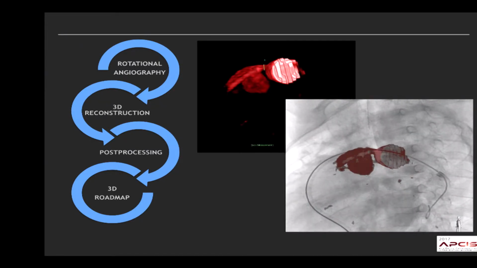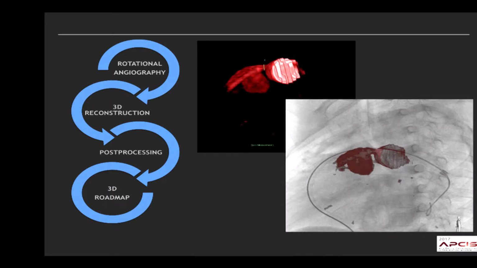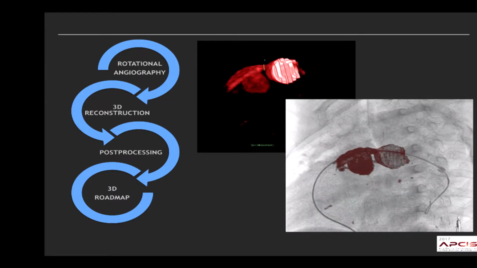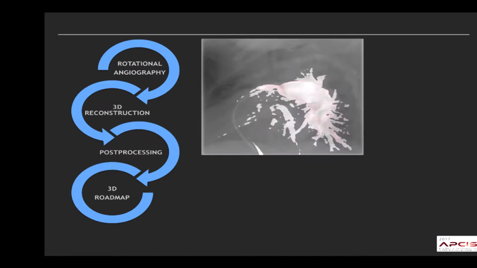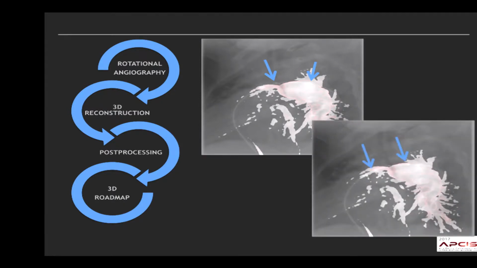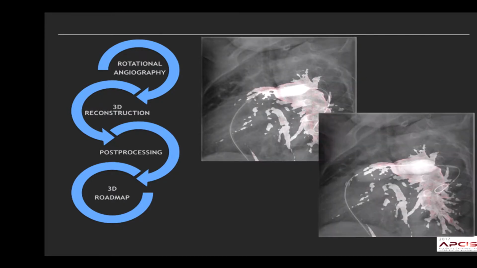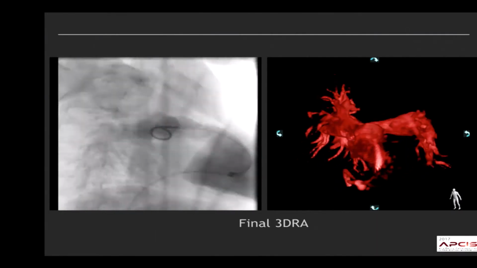And finally, we go to 3D roadmap and to guidance of the intervention. And here we go with the long sheath, and you can see that despite the fact that we have their, well, relatively stiff wire and the long sheath, the alignment of the 3D volume and the proximal left pulmonary artery is quite accurate. And then we go with the intervention. Here, perhaps you can see that the stent is too distally placed. We go back with the stent, it's more proximally placed, then we post-dilate the stent, and we do